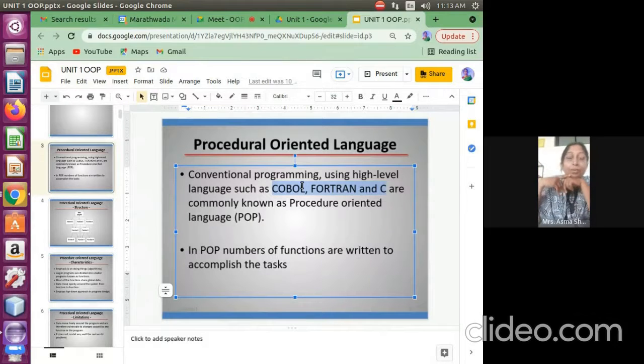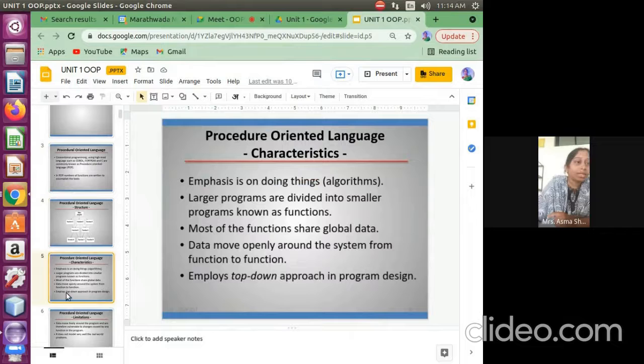Print means I have to print something. So it is very easy for the user to use these kinds of words and write the logic. Like I can write print, in brackets, "this is my first program." This is possible with a procedural oriented language. So these are the characteristics.